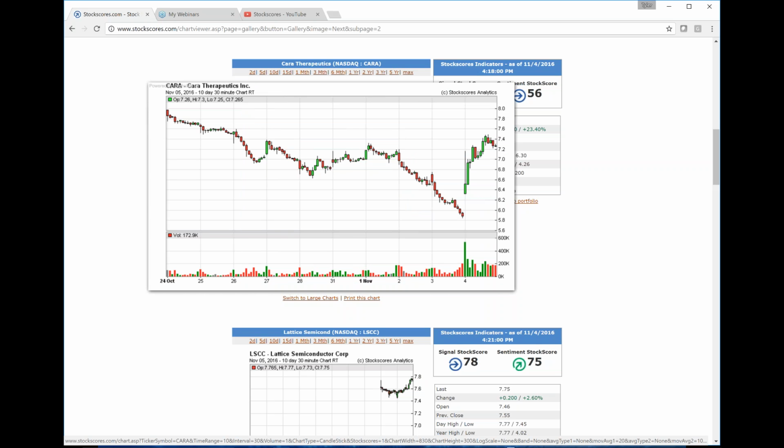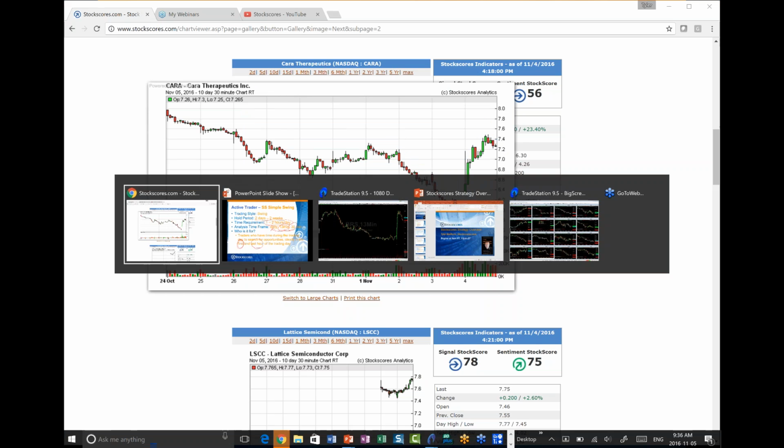It made what's called an action candle right at the open, so a very strong move at the open with strong volume, and that told me something was going on, and it was also breaking resistance at the downward trend line, and it moved up after that. Now if we jump over to TradeStation,